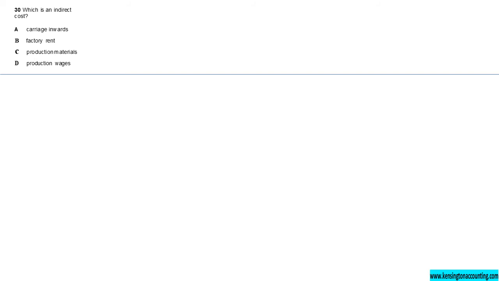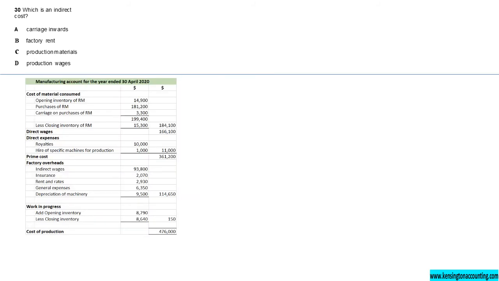Question 30. What is an indirect cost? Okay, let's look at some definitions in a manufacturing account. Now, in a manufacturing account, prime cost comprises cost of direct materials used plus direct wages plus direct expenses. Within the cost of material consumed, we have opening and closing inventory of raw materials. We also have purchases of raw materials, and we also have carriage, which is carriage inwards on the purchases of